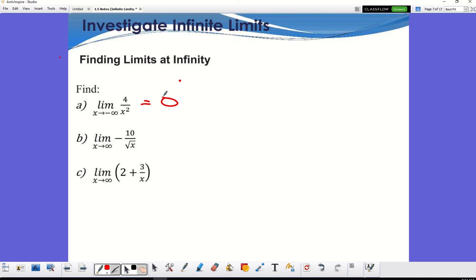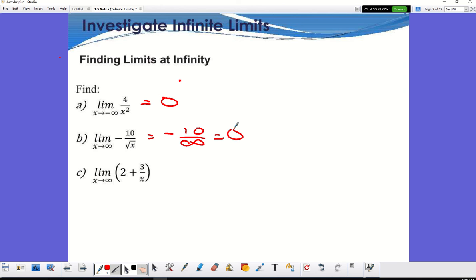So now, as I do that, that's still going to be over infinity, right? So it's going to be basically saying I'm taking negative 10 over infinity. Yes? So, conceptually, what does that go to? That goes to 0. You're a negative 0.